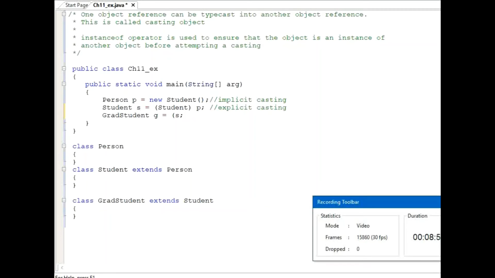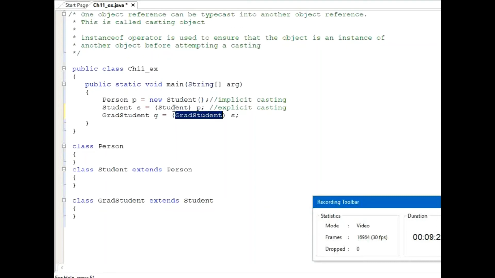So I need to do an explicit casting. Let me do the explicit casting here. The idea is having a variable or an object called G. The declared type is the grad student and the actual type is the student object. As I'm assigning a student object to the grad student, I'm converting it to a grad student.